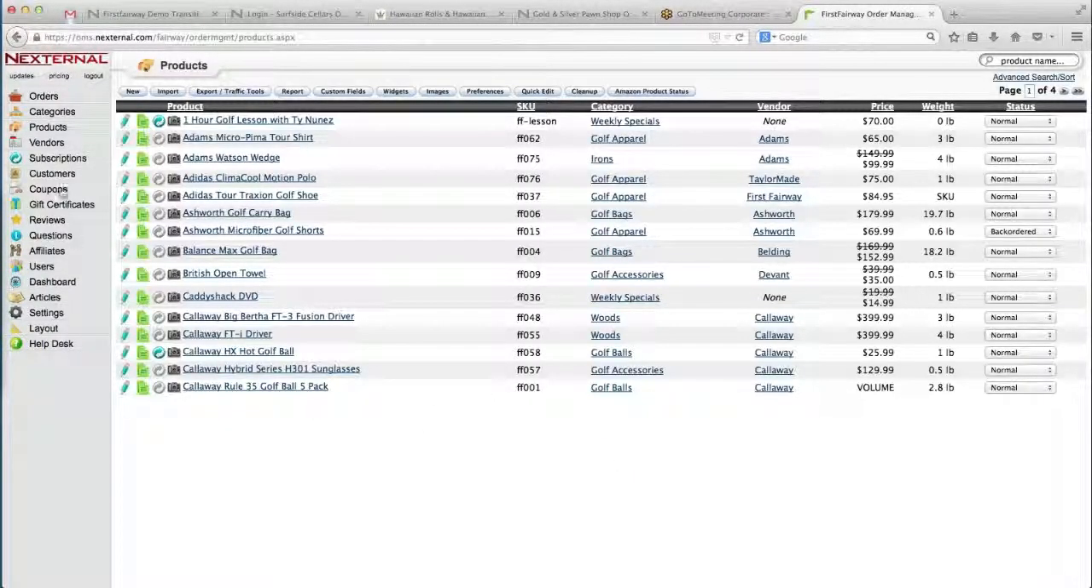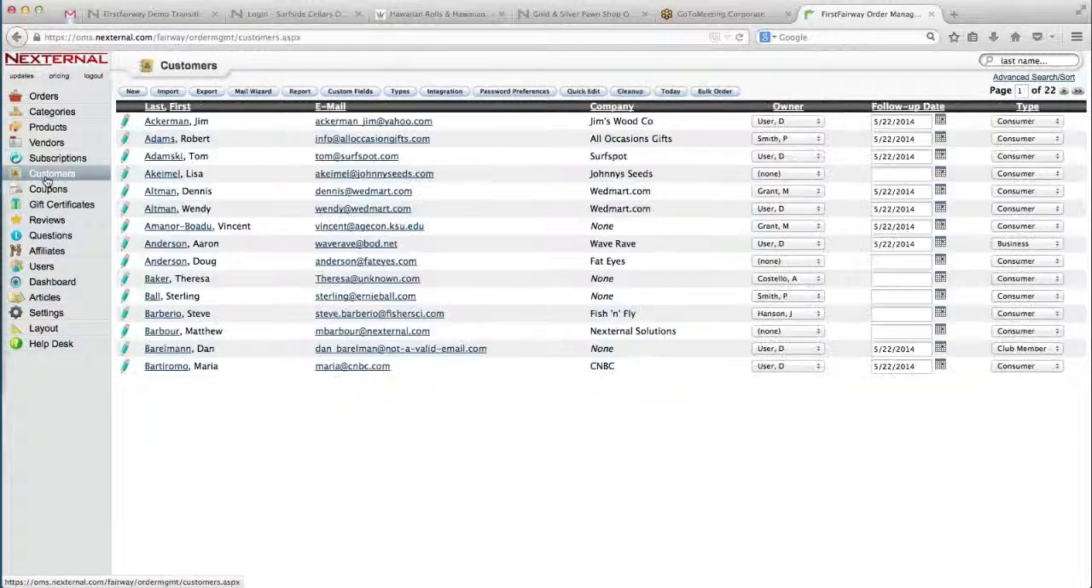The next section I wanted to discuss is the customer section. Now, this is where all of your customer data is stored. So customer email, customer addresses, credit card information, all of that is stored within this platform. All of this is in a very secure environment. The credit card data is all encrypted. You can do things here